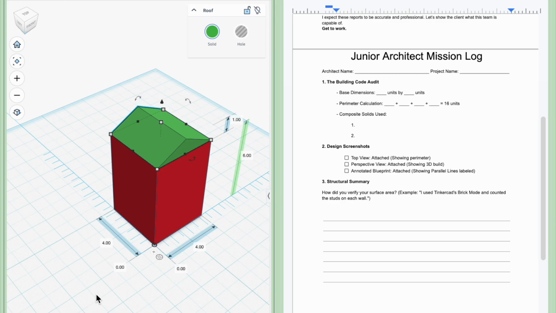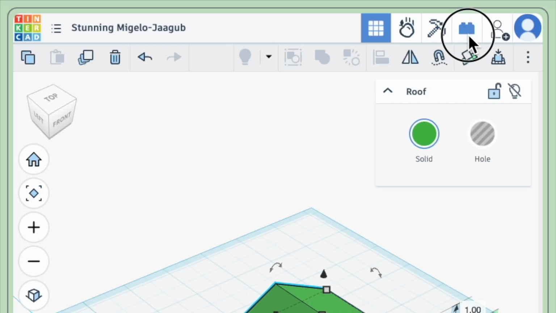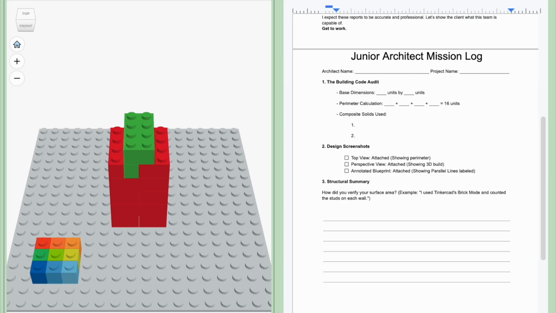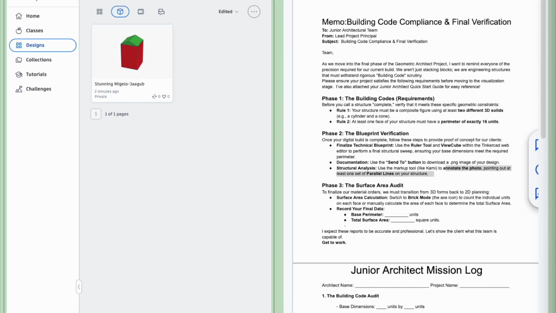The ruler tool makes it very easy to verify your measurements, seeing that there's 4 on this side, 4 on this side, and you know that opposite sides are equal. However, you can also come up here to the Lego icon and you get this image, which is super helpful in calculations. If I view this just from the top,